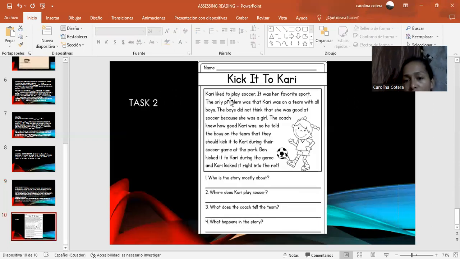This is the worksheet that the students will be reviewing and analyzing for the reading comprehension, and those are the questions they have to answer. These are the activities that I will be